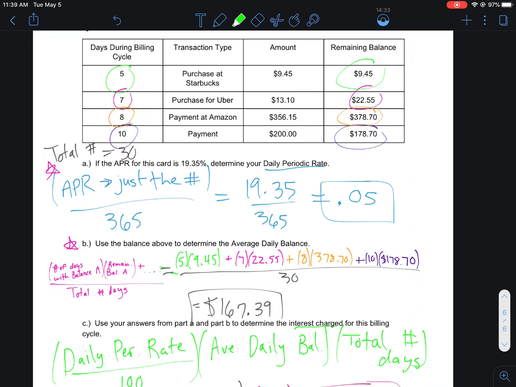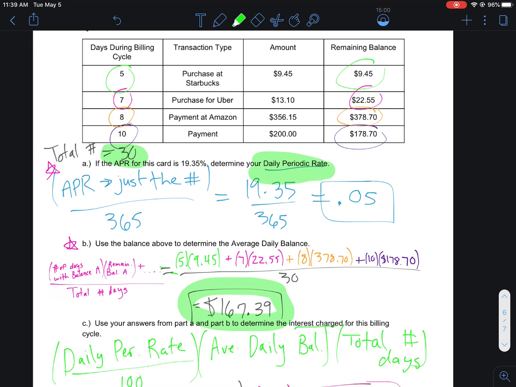So you keep multiplying the number of days by the balance and then divide it by the total number of days, which I just added in the left column there. That's 30. And what the credit card company would say is, okay, over the course of a month, 30 days, you sometimes owed a little bit of money, you sometimes had a huge remaining balance, but on average, a weighted average said you typically had